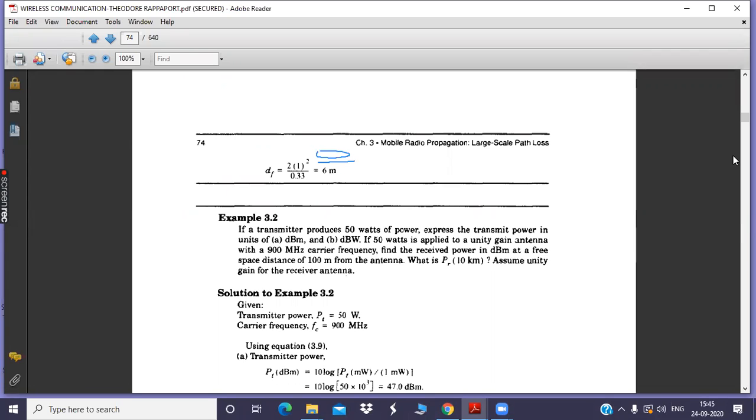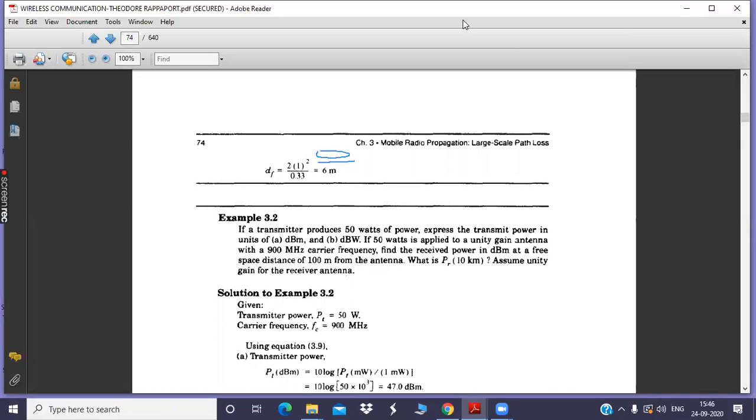So beyond 6 meters only we fix any receivers at which we try to find the power. Within 6 meters also we can fix the receivers, no matter. But the estimations of this particular propagation model, the free space propagation model, are not suitable for those near field points. It will not give exact values of received power because of random fluctuations. So exact predictions will be valid only for distances greater than the Fraunhofer distance. That is, for this example, 6 meters.